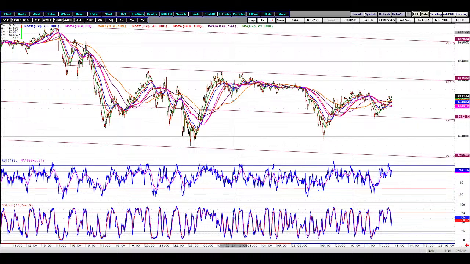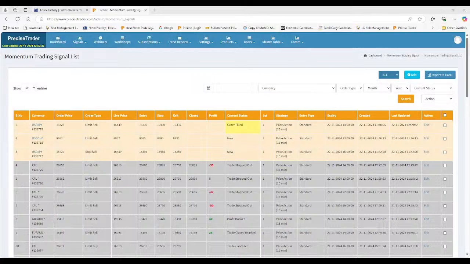So this is how we will be dealing every day. We will give you a signal, then we will discuss the market, and I will tell you the possibilities and the probabilities. Then you can decide how you want to go about it and how you want to trade. Now we will look into dollar yen.